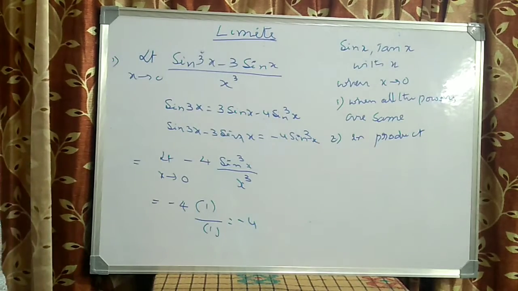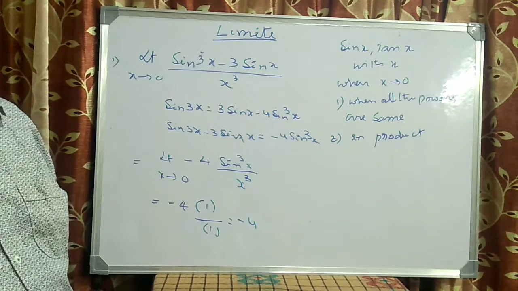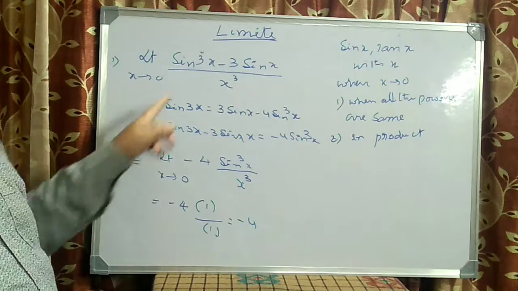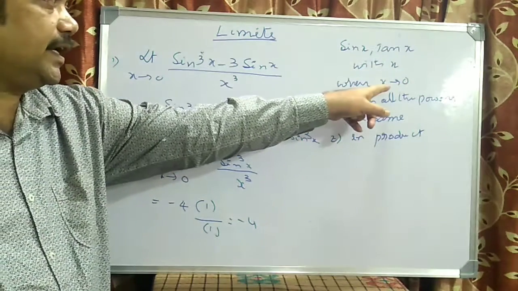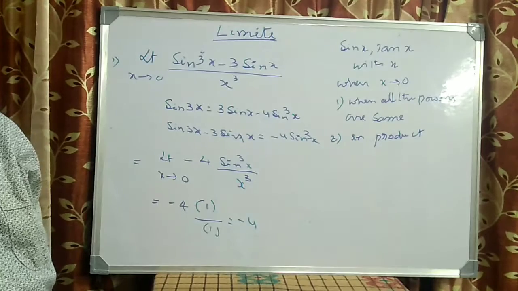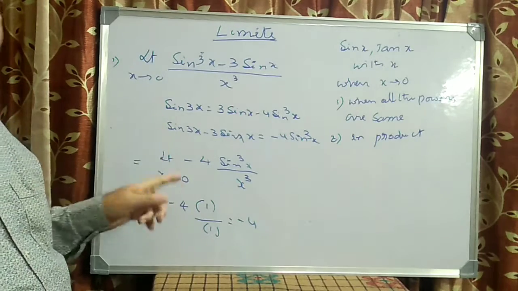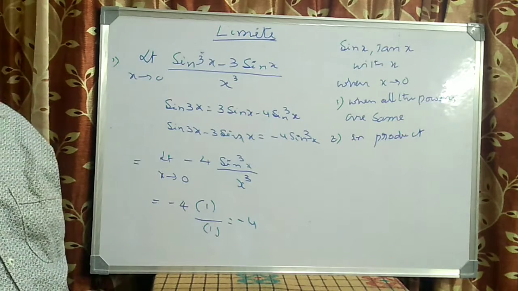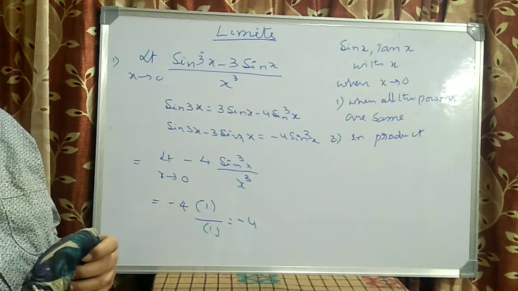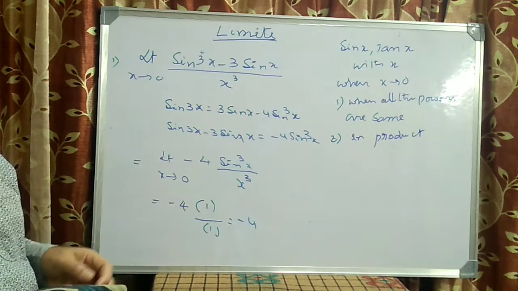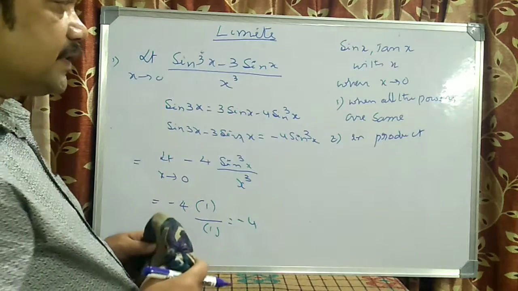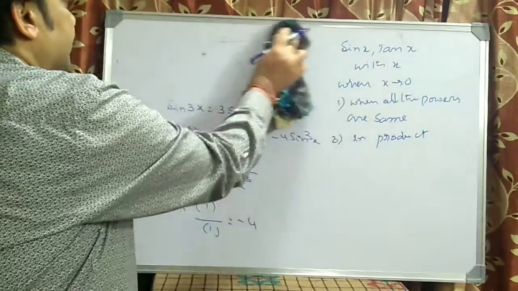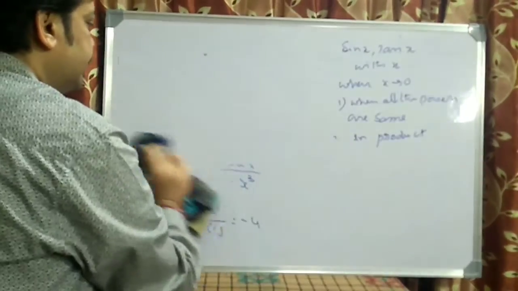In this much simple way you can answer the limits question. There are too many questions where I deal with sin or tan while x is tending to 0; especially while x is tending to 0, we can use them in this way. Is it clear? Now you may be getting a doubt: what about cos x? Cos x does not become 0 as x tends to 0. If I put x equal to 0, then cos x is equal to 1. Then I go to those trigonometry models where we have cos x in the picture.